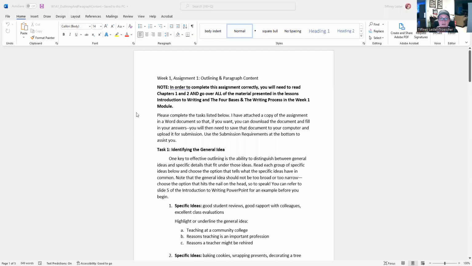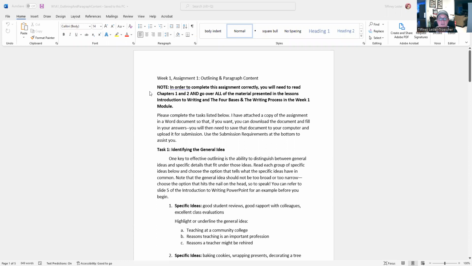Everyone, I'm going to take a couple minutes here to explain what you need to do to complete the week 1 assignment 1, outlining and paragraph content. So go ahead and take a look at it here. All right, so you'll see here a little note in bold print that says in order to complete this assignment